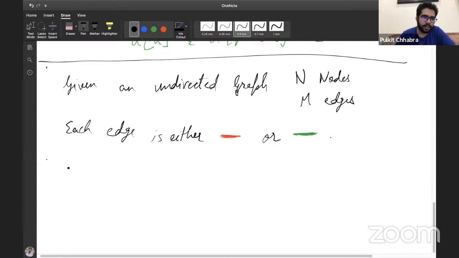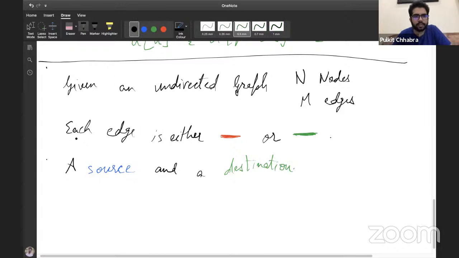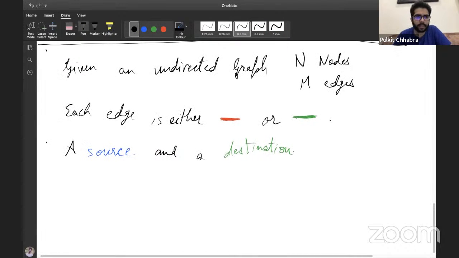a source and a destination. All right. So these are the things that we are being given. An undirected graph with n nodes and m edges. Each edge has a color associated with it, which is either red or green. And we have been given a source node and a destination node. So what we have to do is